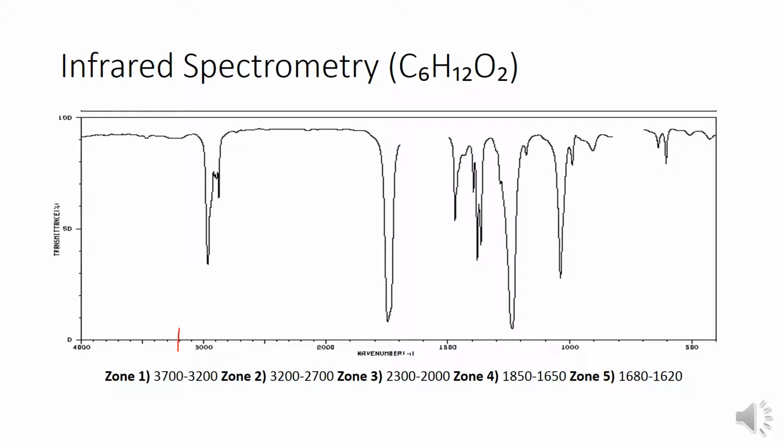Zone 2 is from 3200, starting there, to about 2700, so it's going to be around here. Zone 3 is from 2300 to 2000. Zone 4 is from 1850 to about 1650, so around here. Zone 4, and then Zone 5 is from 1680